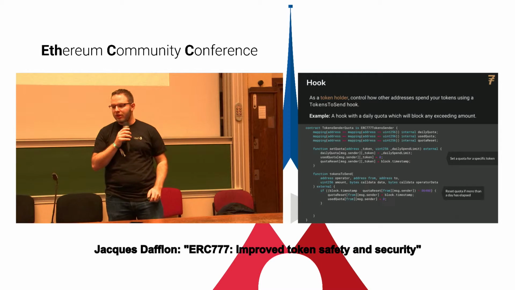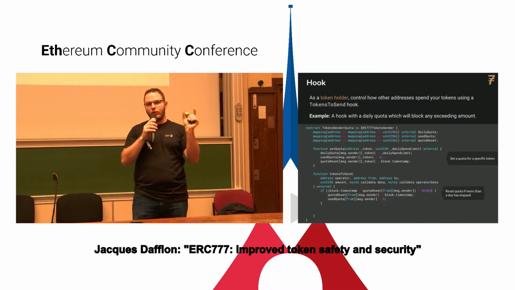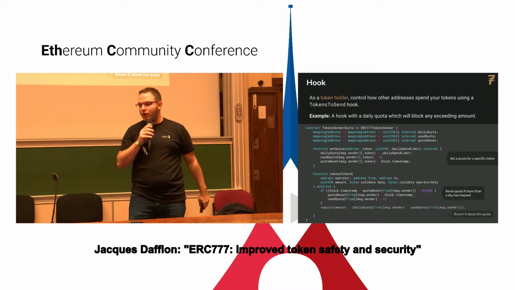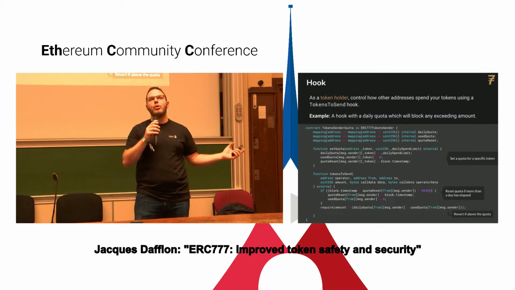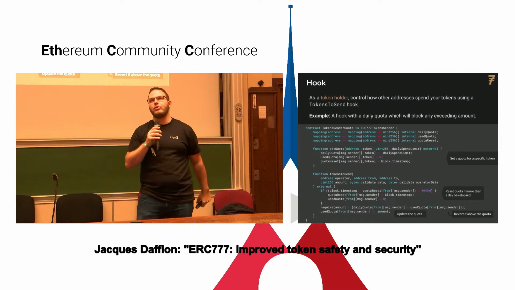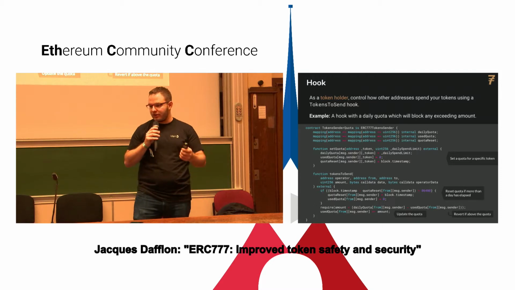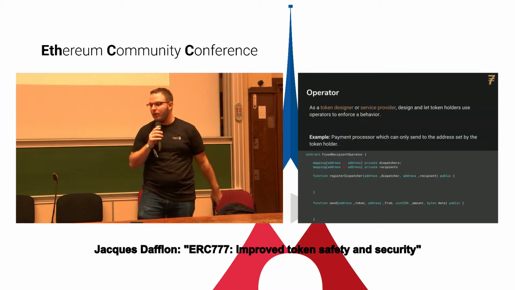On the token to send, just make sure that you update the time frame of the window of the quota, so daily, and it resets every day whenever you call the function. And then you simply check that the amount you're sending doesn't exceed the quota. And then if it's correct, you just update the used part of the quota, and you can have this system, and within a 24-hour period, you can never spend more than the quota, no matter who spends the token. So that's the quota example.